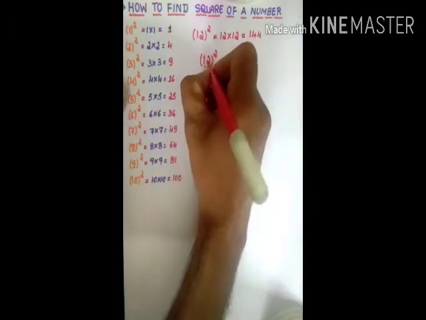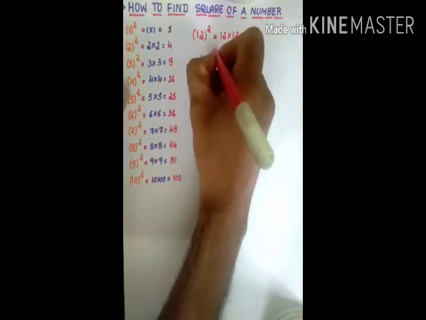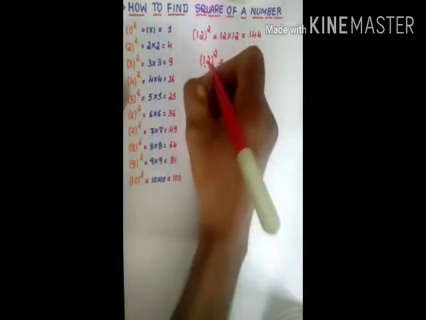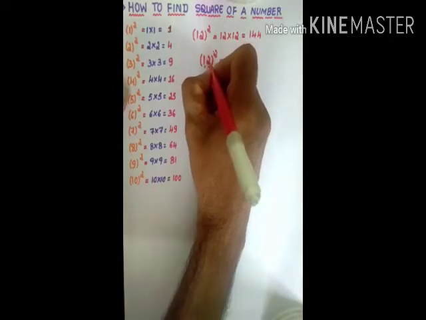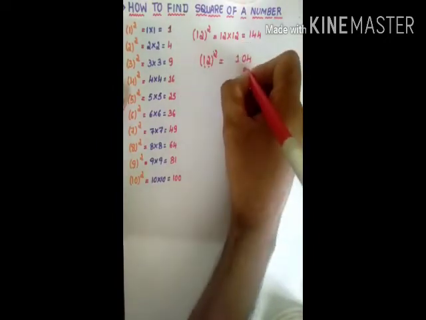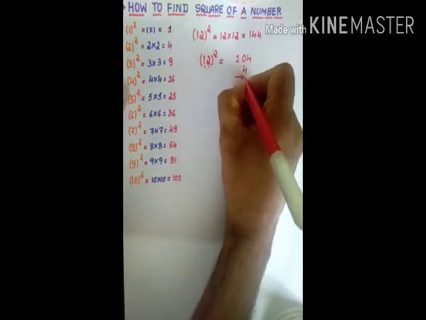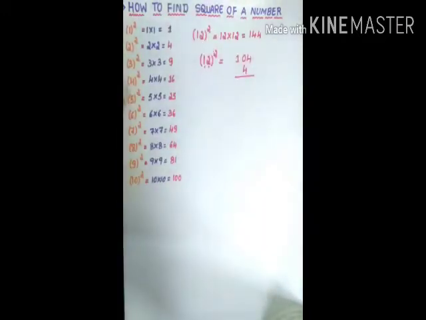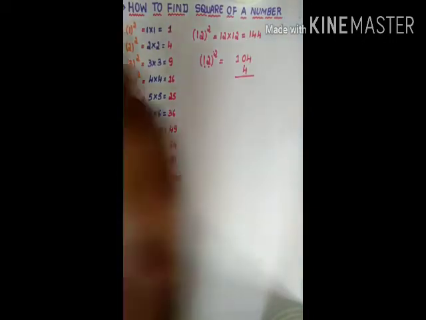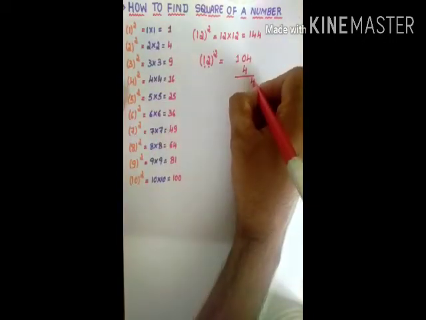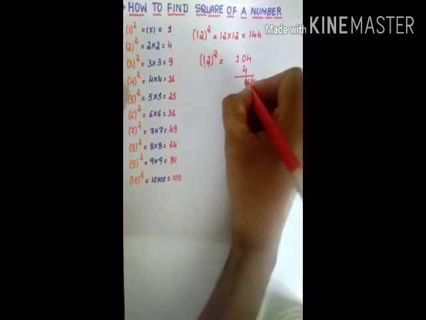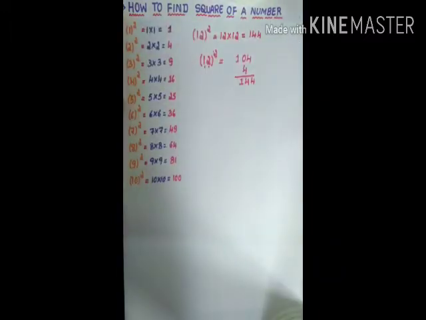After that you can see 3 digits here. You multiply simultaneously. 1 2s are 2, 2 2s are 4. That 4 you can write in the middle of the first number. Then you can add: 0 plus 4, 4, 1. Now you can see 12 square is 144. Here the normal method, 12 square is 144.